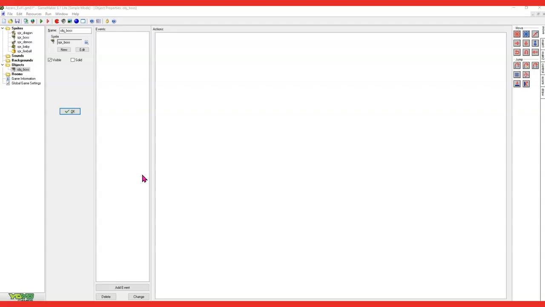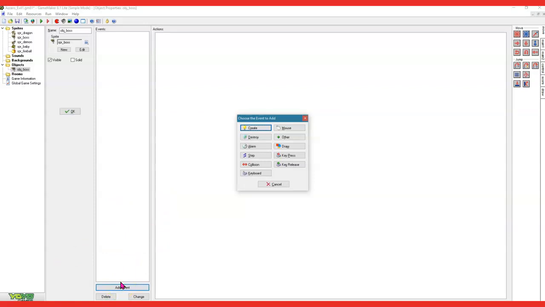This is going to be complemented by an action that reverses the vertical direction of the boss when it collides with the edge of the screen. So as a result, the boss is going to continually move up and down between the top and bottom of the screen. So we're going to click Add Event,